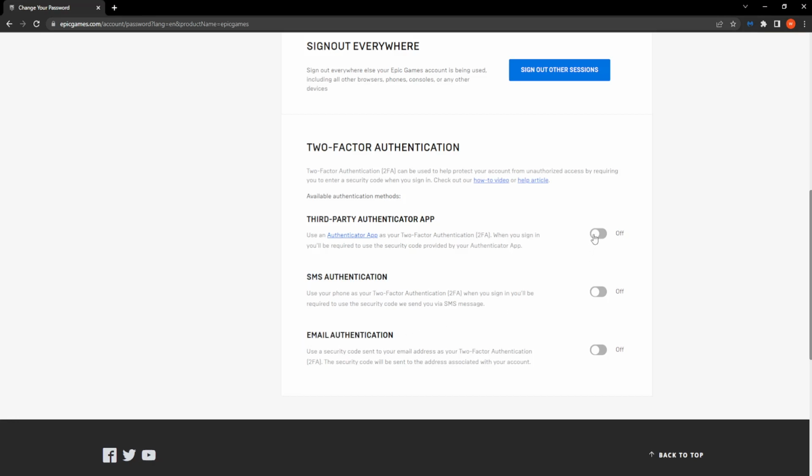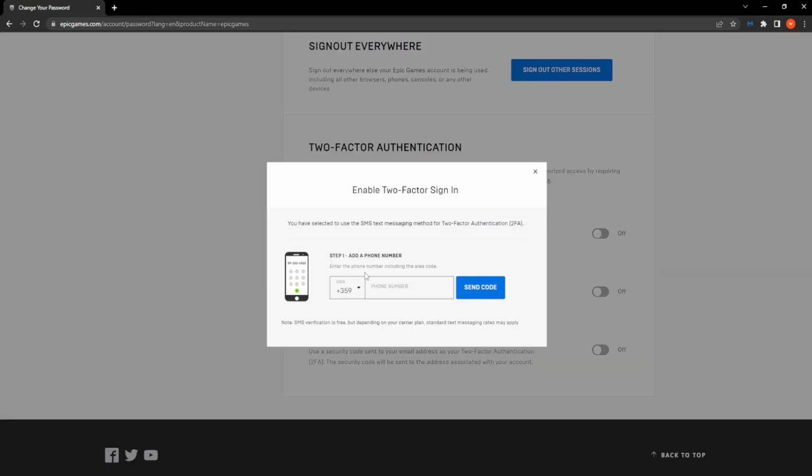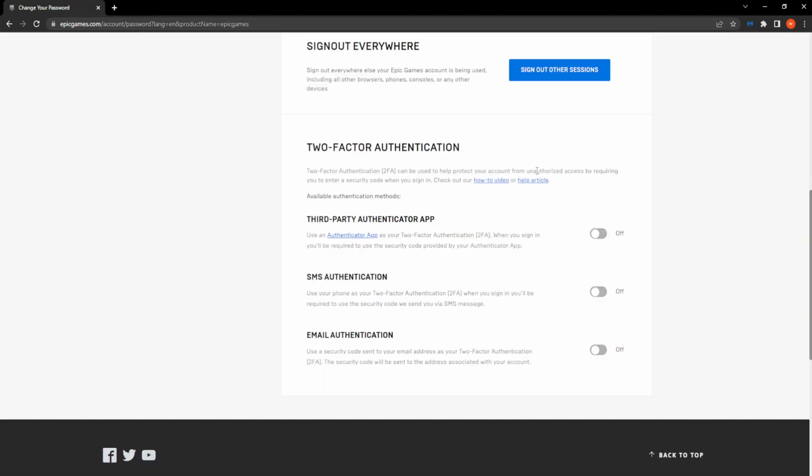So it doesn't matter which one of those you choose. All you have to do is choose one, and let's do SMS, for example. It will ask you for your phone number, and all you have to do is confirm your phone right here. You write your phone number with the code, and then you click on send code, and you confirm that this is in fact your phone number, and that way you have successfully enabled two-factor authentication in Epic Games, and